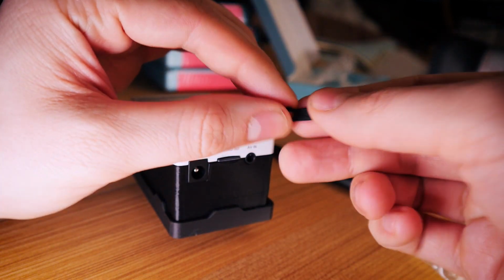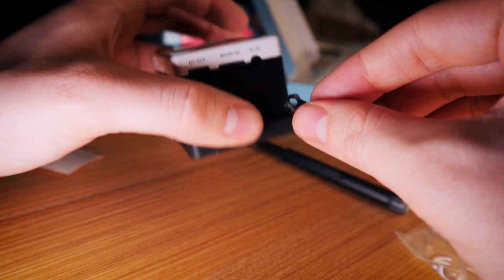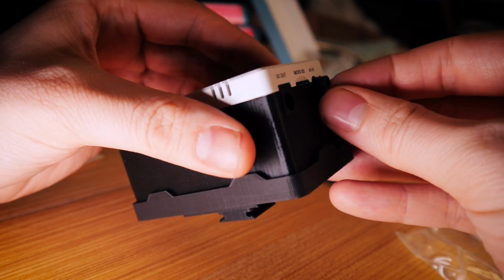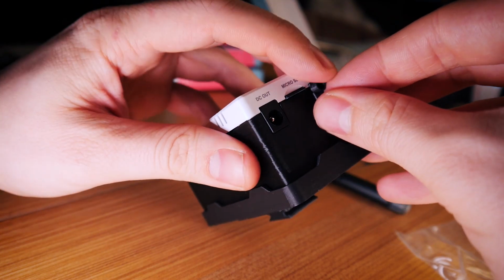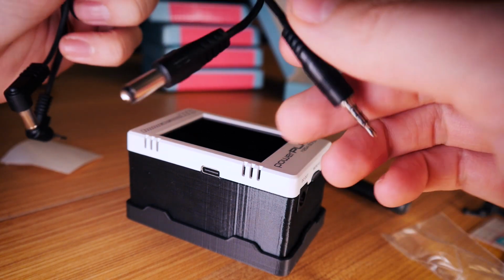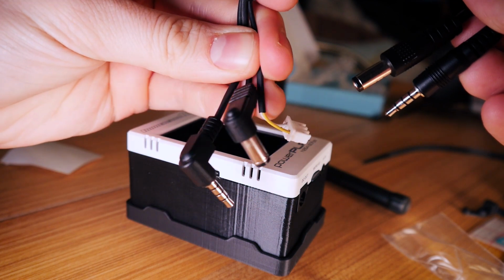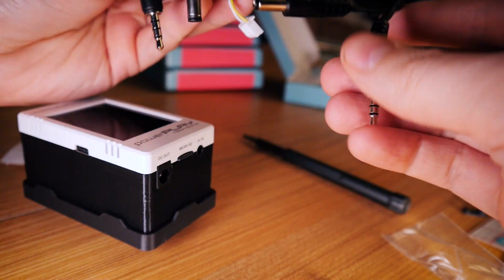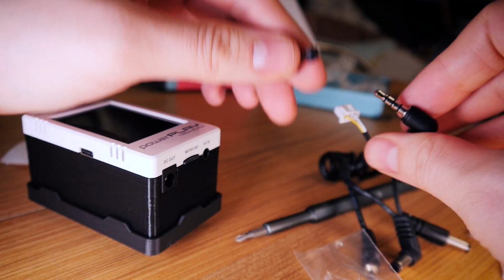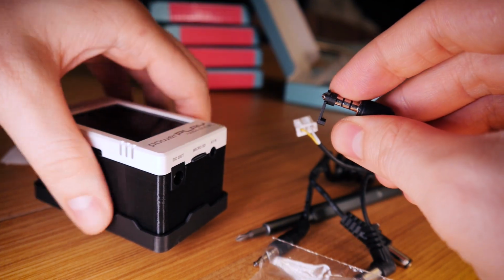Now this thing, this is a locking mechanism and spacer for the 3.5mm jack. So this little spacer is designed to work with the included cable that comes with the Powerplay, the one with all the little connectors for drone goggles. It's quite simple really. So the best way I think to insert it is to put it over the end of the 3.5mm jack, and